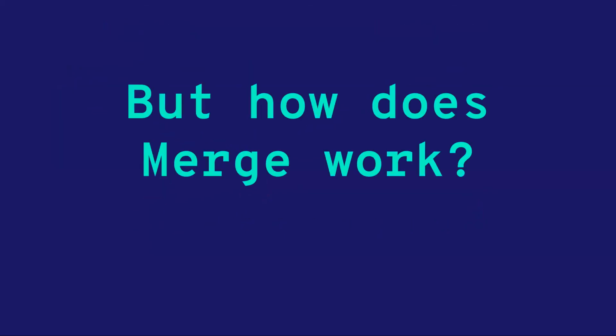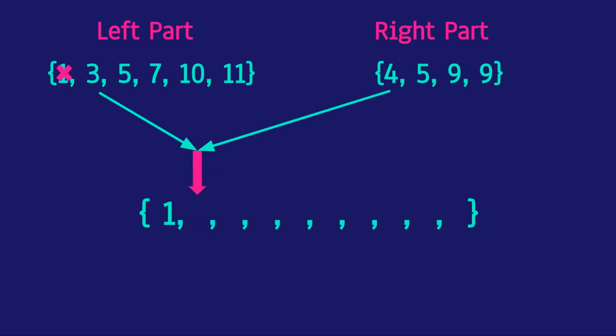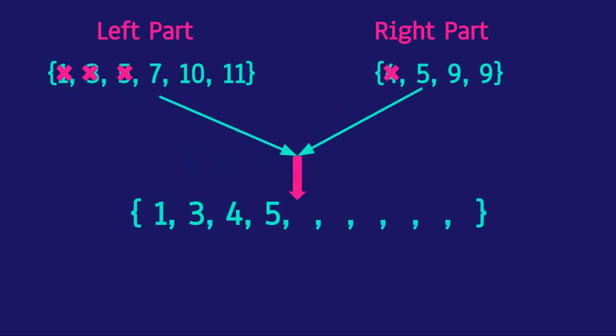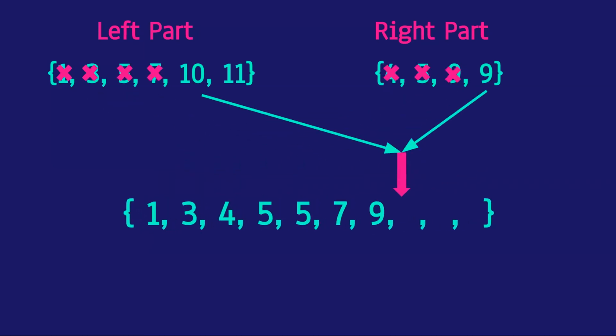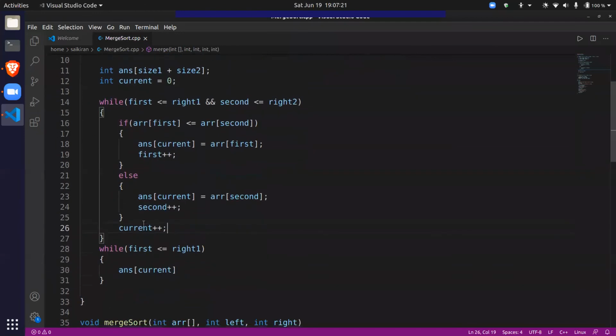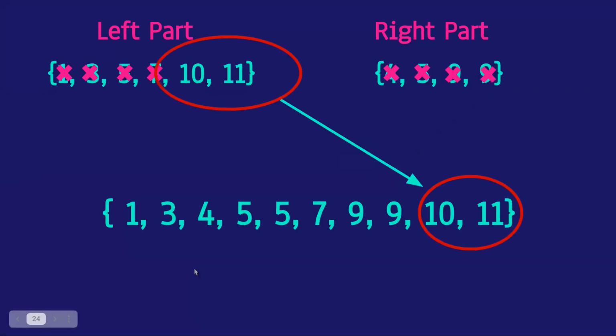Like, you see, at each comparison, the pink pointer is moving one step ahead. Whoever wins, the pink pointer has to move one cell ahead. So current plus plus has to be there. Yeah, we forgot that one point. Now if there are remaining elements in the first array, first will still be less than or equal to right. Let's go to this case.